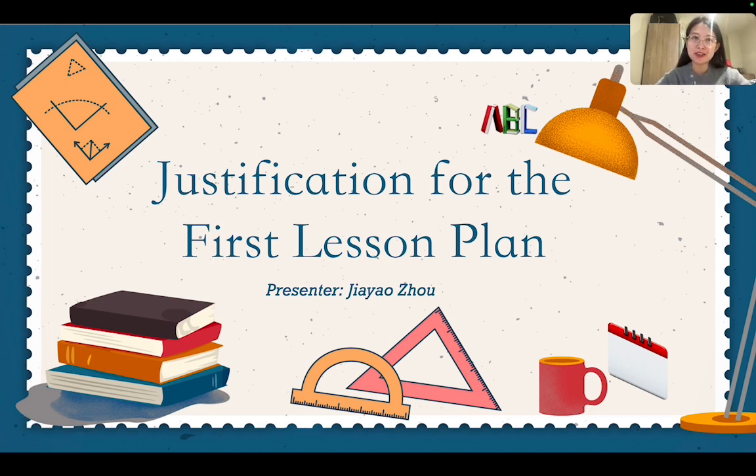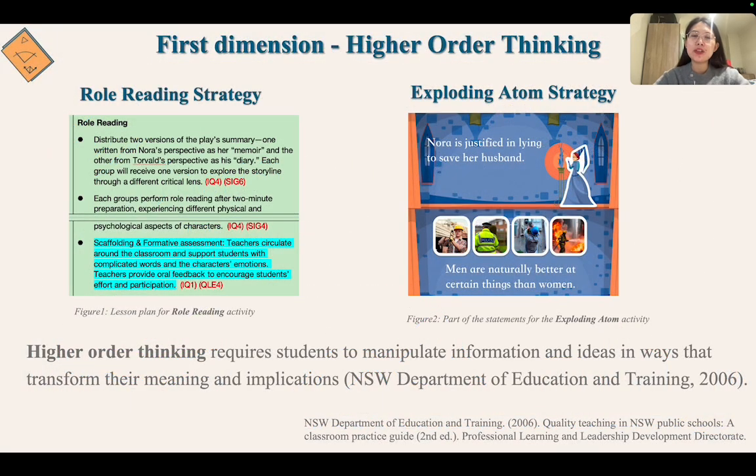This is my justification for the first lesson plan. The first dimension of QTM I'm going to talk about is intellectual quality. I chose high order thinking for my first lesson because this skill is critical in the Australian curriculum for my target cohort, Year 10 students, and essential for achieving academic goals. I want to develop students' high order thinking throughout this unit, so it's important to highlight this expectation in the